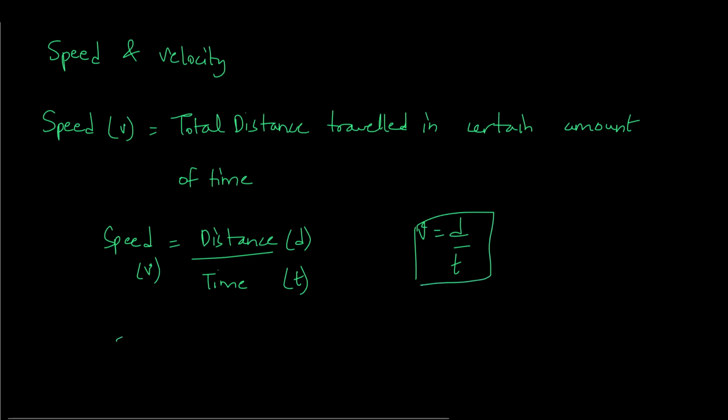So the SI units will be, because the unit of distance is meter and time is second, meter per second. Meter per second can also be written as meter S power minus 1, from your exponents and powers chapter, because 1 by A power n is equal to A power minus n. Okay, we'll see what is initial speed and final speed.